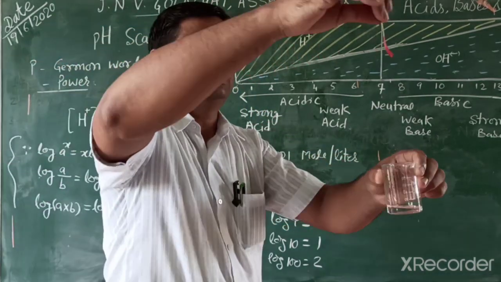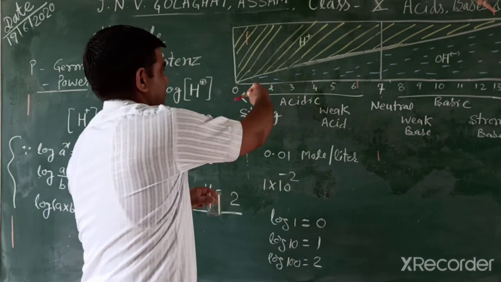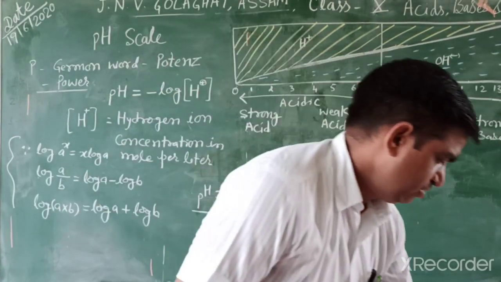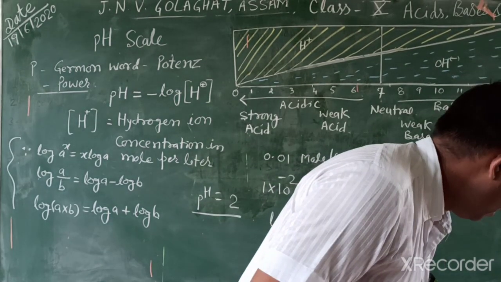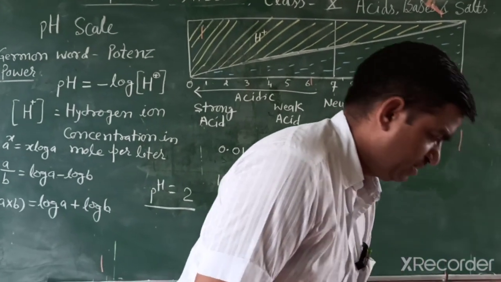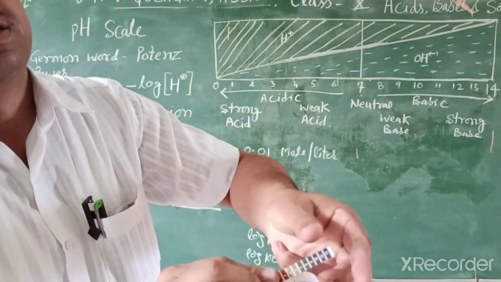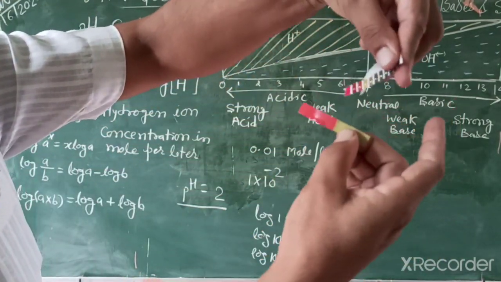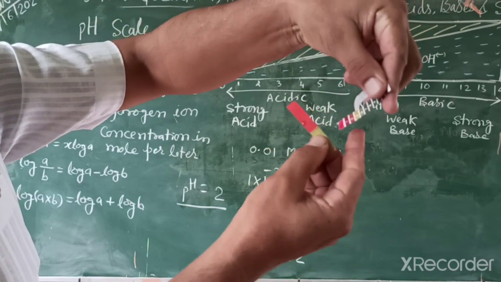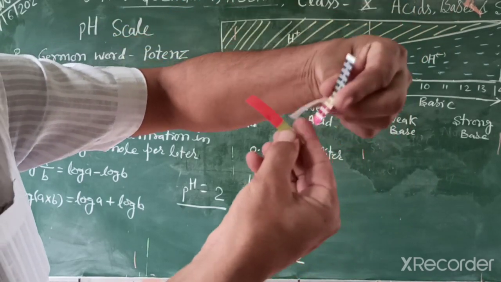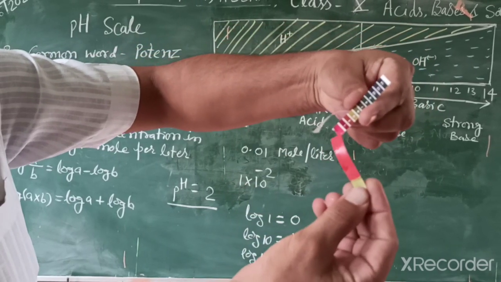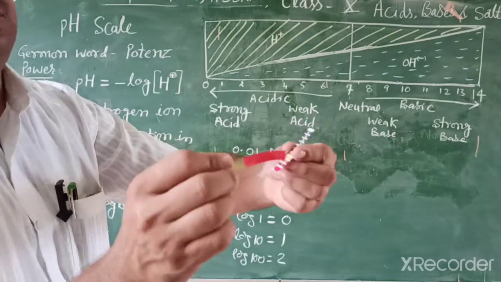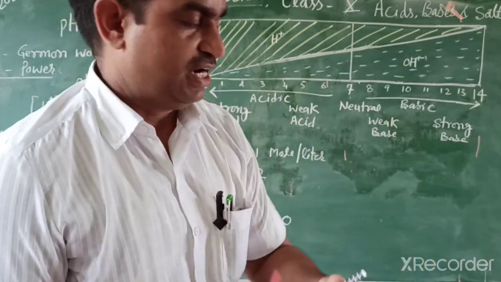This color is red color. So this is the red color, pH of HCl is 1, 2, 3. Because when the color is red in the standard pH paper, then its pH is near 1 or 2. So it is a very strong acid. So this is a pH strip. When we dip this litmus pH paper in HCl, it changes into red color.